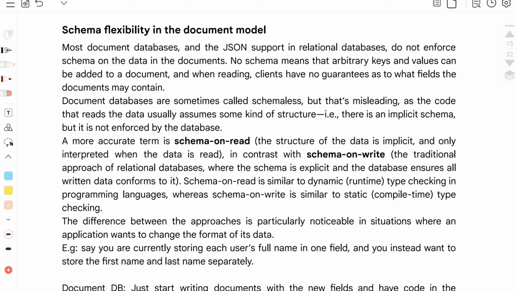Schema flexibility in the document model. Most document databases and the JSON support in relational databases do not enforce a schema on the data in the documents. No schema means that arbitrary keys and values can be added to a document, and when reading, clients have no guarantees as to what fields the documents may contain. Document databases are sometimes called schemaless, but that's misleading as the code that reads the data usually assumes some kind of structure. That is, there is an implicit schema, but it is not enforced by the database. A more accurate term is schema on read,